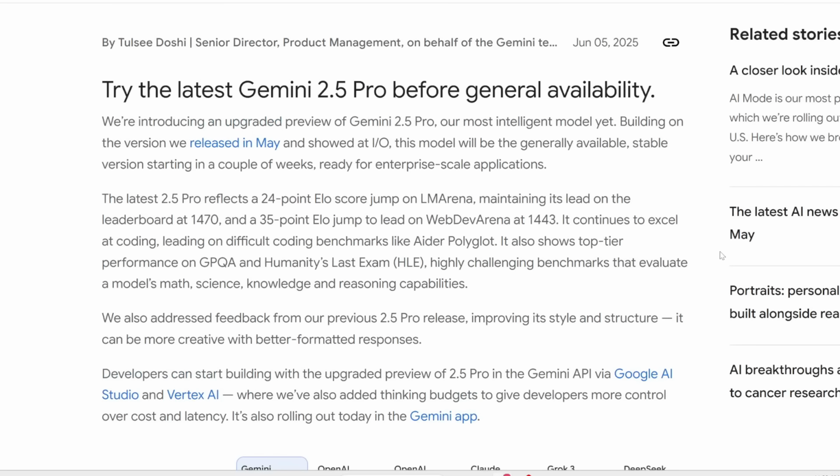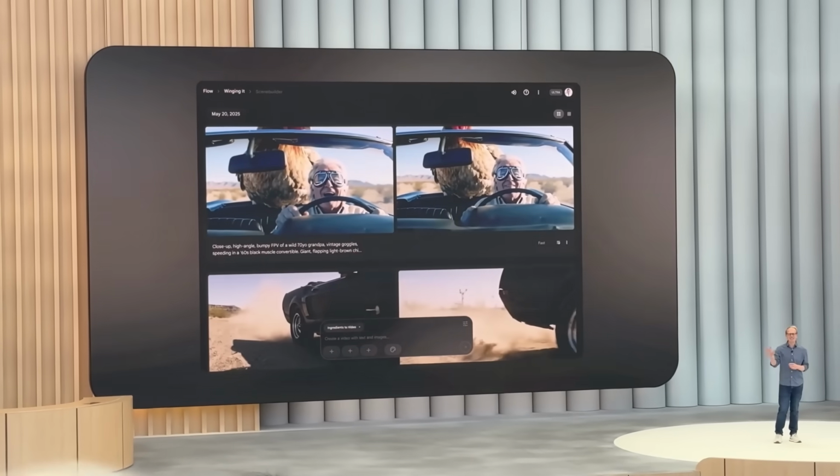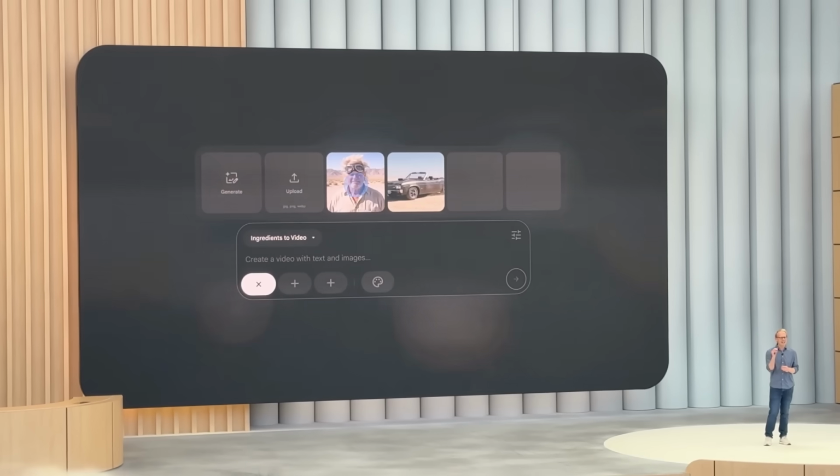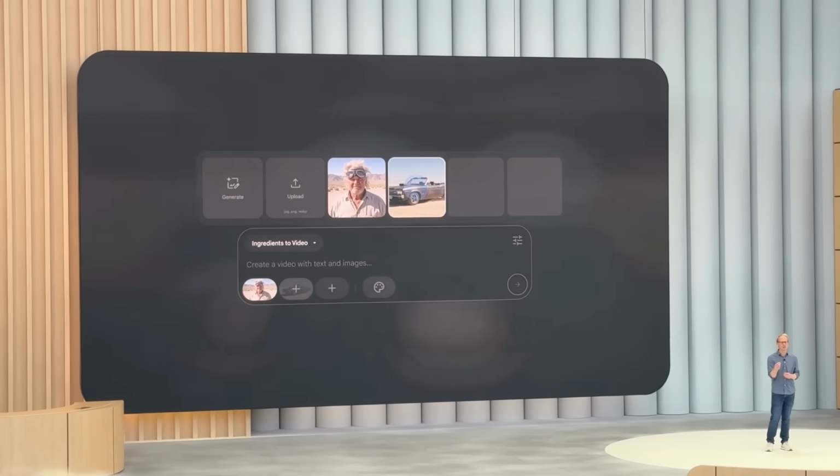In other news, Google low-key released yet another upgrade to their Gemini model, which is already the best of the best. And by the way, this is only a few weeks after their Google I/O event, where they released a ton of insane updates. So they are shipping super fast.